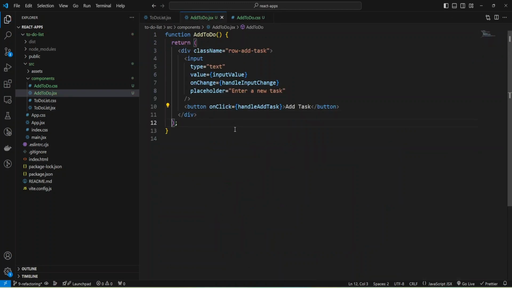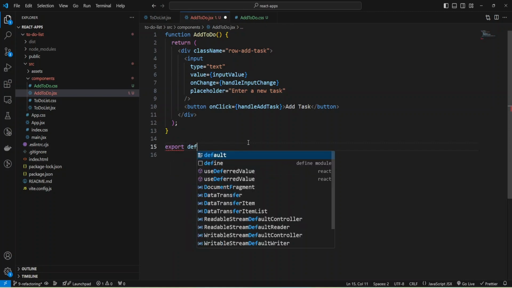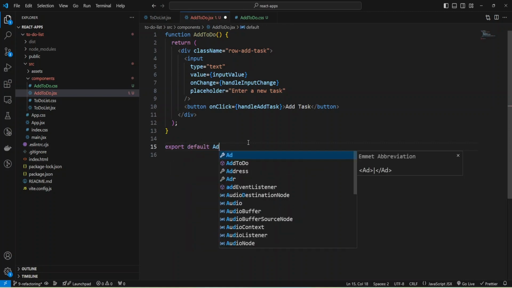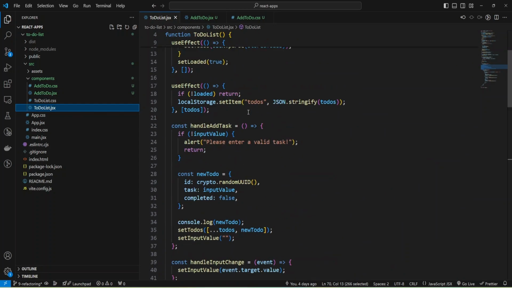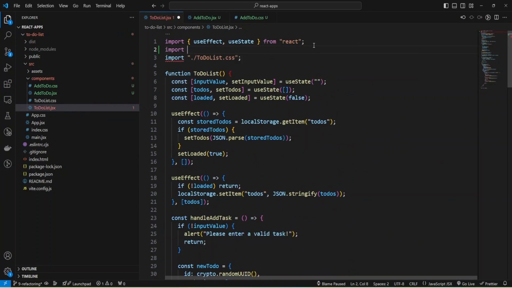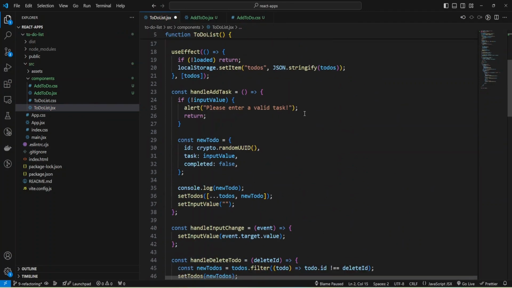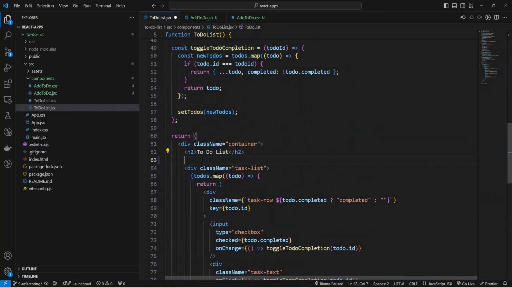Okay, and I can export my component, export default AddToDo, and inside my to-do list I can import the component, import AddToDo, and now I can place it here instead of the code, and later I will provide my props.